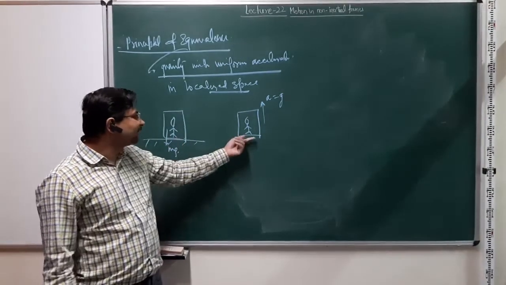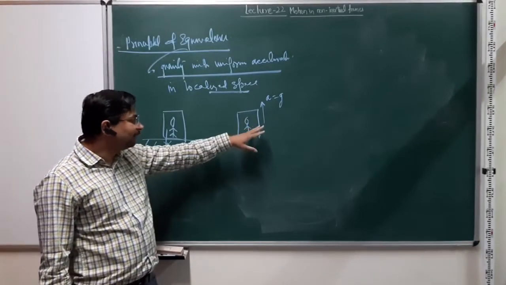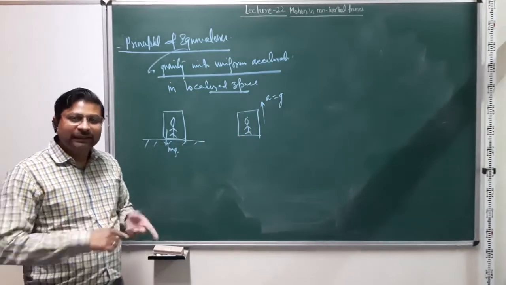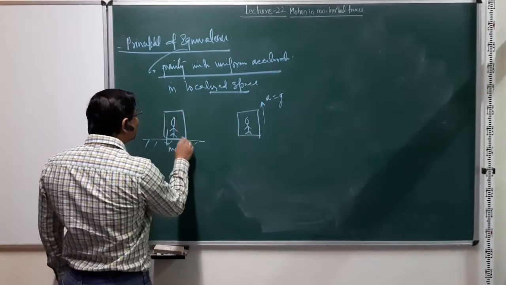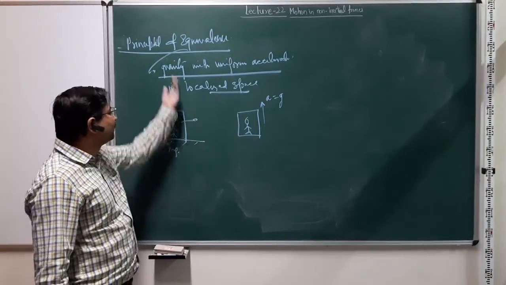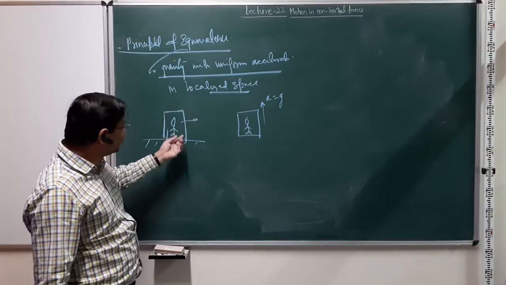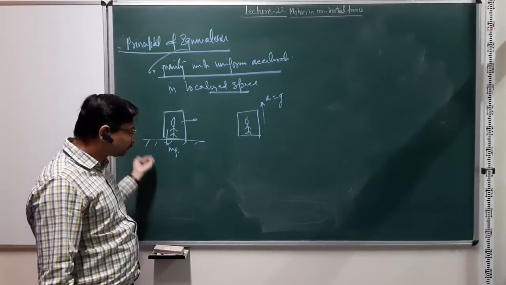The situation will be exactly similar if in free space I am still sitting in the elevator. The necessity of sitting in an elevator or in a closed space is so that here also I cannot see outside to figure out if the elevator is going down, then the wall is moving, or the elevator is going up, then the wall is moving down, or the trees are, I am going above